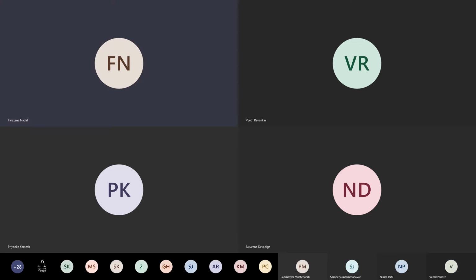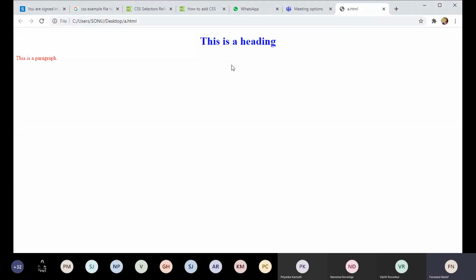Now look at the output in a browser. Just double click on the document where you have stored the file with the name file.html. It will open in the browser with the content. Here you see a heading and a paragraph. What we have given to the heading is the color blue and text alignment center, and for the paragraph content, only the color is red. So in this way, you can apply styles for the pages. This is an inline style sheet.